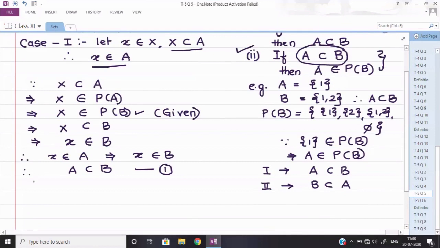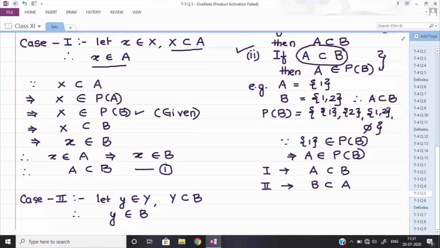So in the second case, in the same way I am going to suppose, but now I am supposing with the side of B. First I am taking let small y mean each and every element lies in one set capital Y. And one more thing, capital Y I am taking as a subset of B. You can check, I am going in the same manner. Therefore, I can say that small y will also be an element of B, because capital Y is a part of B. Then small y, which is part of capital Y, will also be a part of set B here.